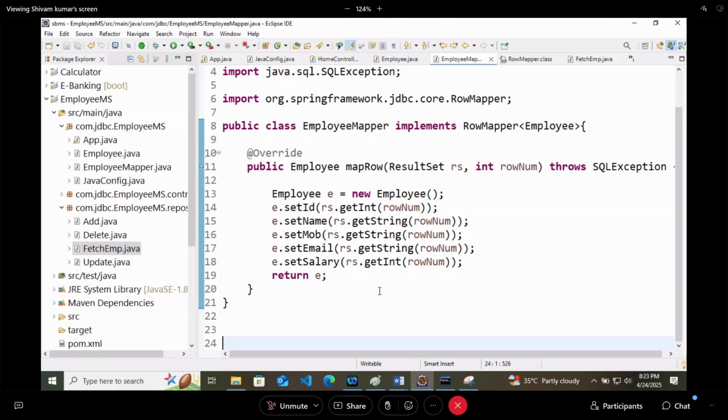This I can expect from you, as you have worked with result set. This is not a Spring JDBC concept now. It's from normal result set.